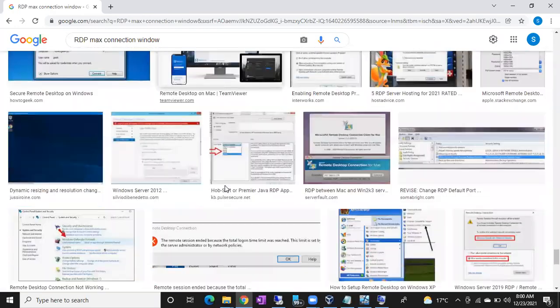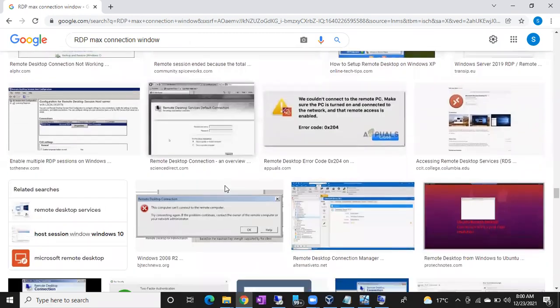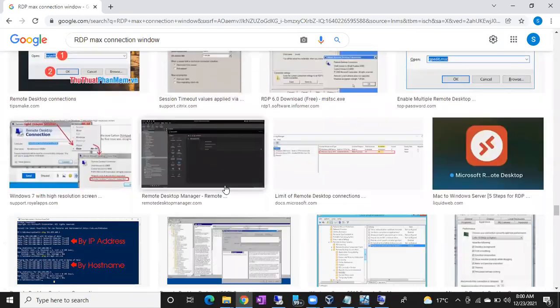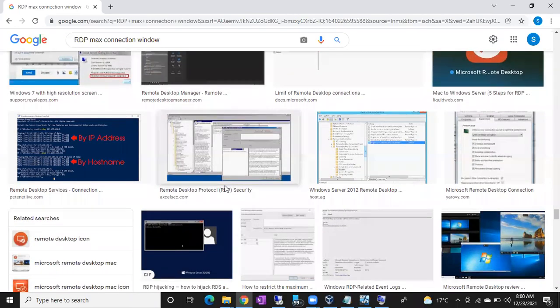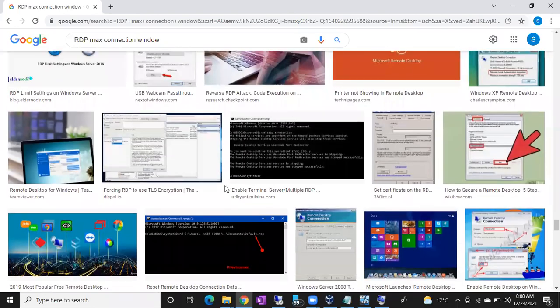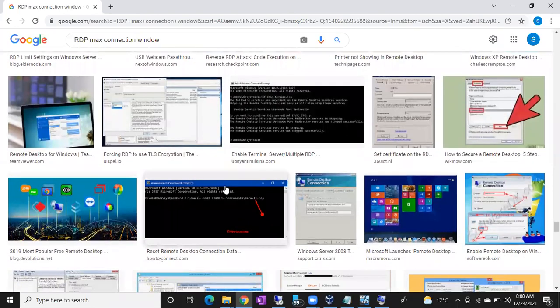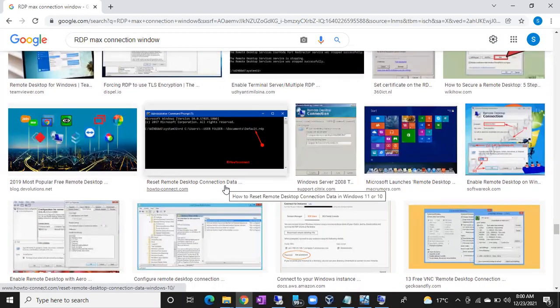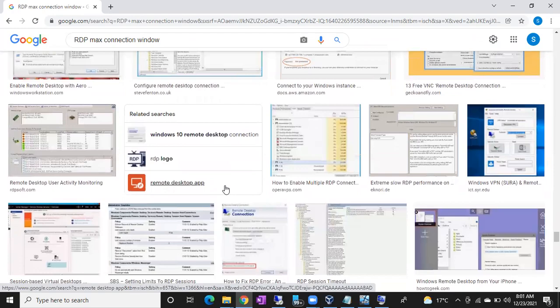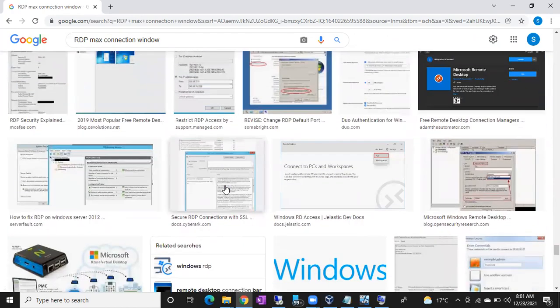I just want to show you that message. A small window will pop up. Those who are connected, it will show their names in that window. Then you can choose any name, Shiva or Dinesh. If you choose Shiva, the session will be disconnected. It won't be logged off, meaning whatever Shiva is running is safe. Simply Shiva's connection will be disconnected and Fayak will get a new connection. At a time, only 2 persons can connect to the server remotely.